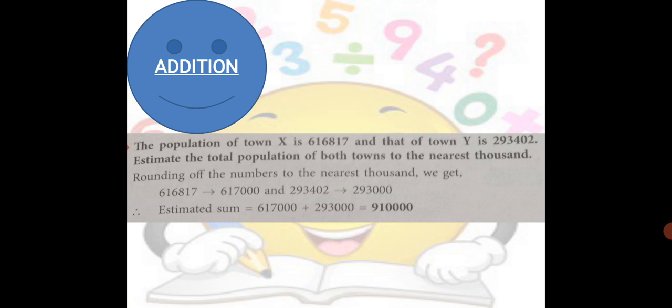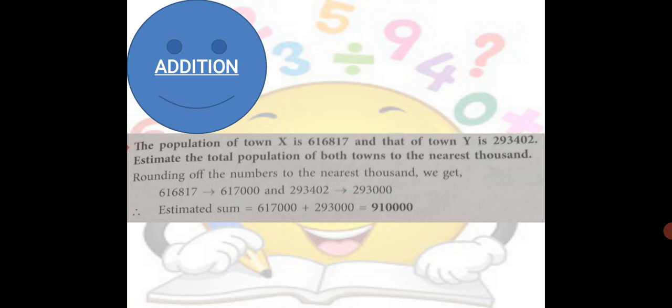Here the number is 16,000. That means 6 is more than 5. So we will round it off, and if the digit is more than 5, then it will be increased by 1. So after estimation, the new number is 6,17,000